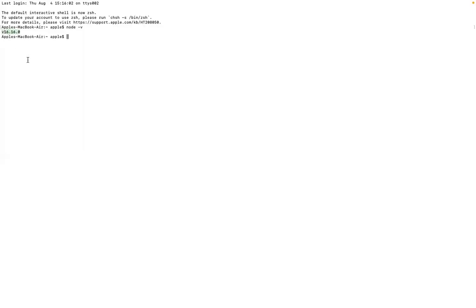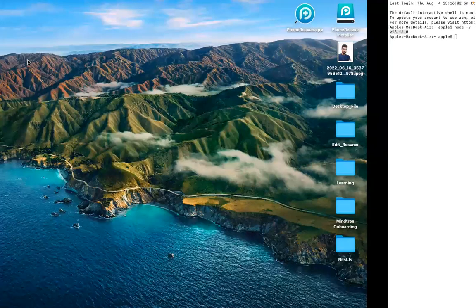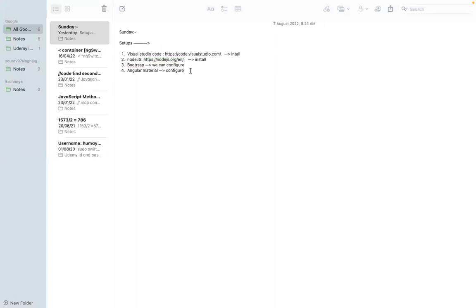Now after this, we need to proceed with Angular. We need to do the installation for Angular. For Angular installation, there's a command. You can write npm install. Sorry, why is it taking a while? Just a second. npm install